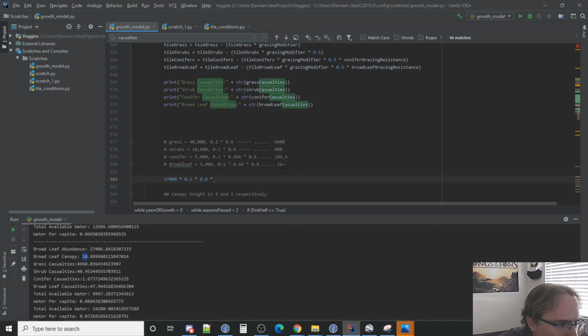See, this is what's crazy. In our previous calculation, we only had 5,000 individuals with a canopy height of 10. Yeah, so we should have way more trees getting killed here. What is going on? Okay, so 0.8, 0.1. Here is a spot that has to be malfunctioning. So what was our canopy height here? Canopy height was